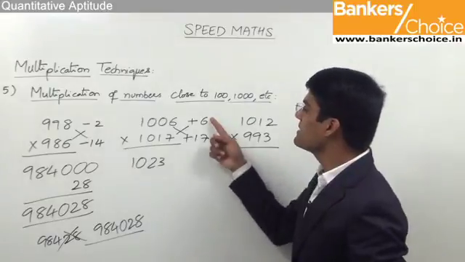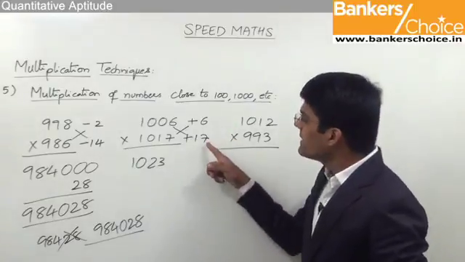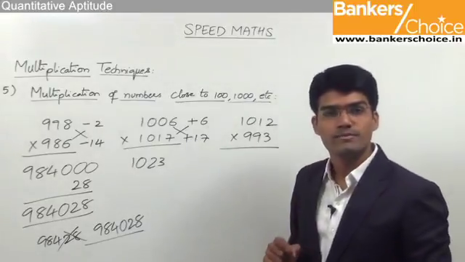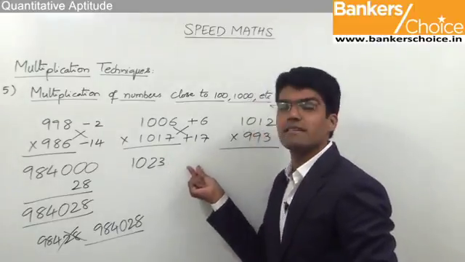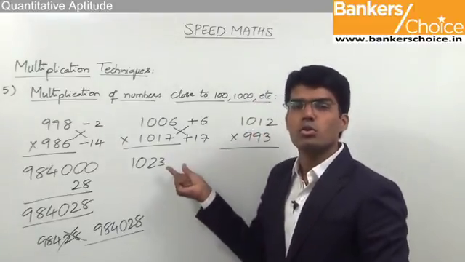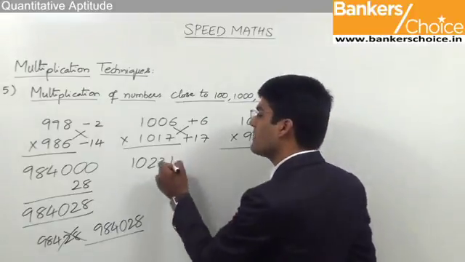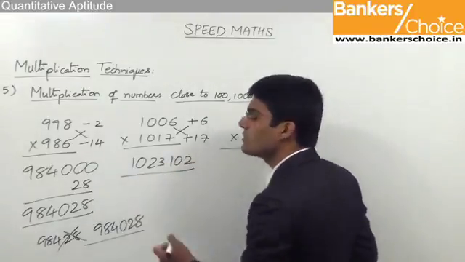The second step is multiplication of these two numbers. 17 into 6 is 102. And we know that we have 3 places here or 3 zeros here. So directly 102 can be kept in the answer. So the answer here will be 1023102. That is